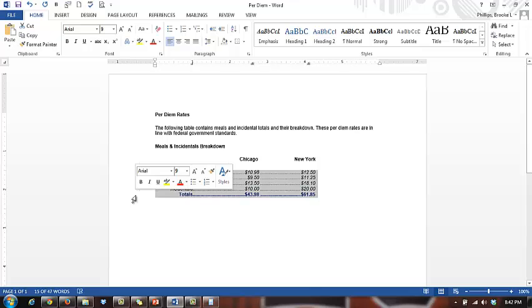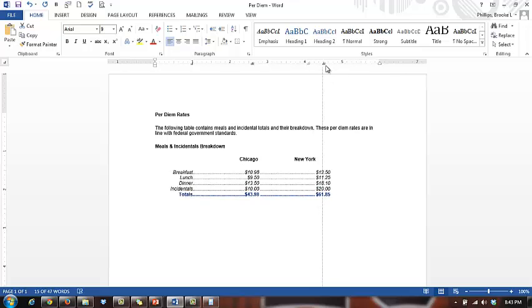Position the mouse pointer at 4.1. You will see the decimal tab screen tip. Press and hold the left mouse button and drag on the ruler to 5 inches. Release the left mouse button and notice the decimal tab setting for the 5 lines is positioned at 5 inches on the ruler. With the text still selected, position the mouse pointer at 2.6 on the ruler until you see the decimal tab screen tip. Press and hold the left mouse button and drag on the ruler to 3 inches. Release the left mouse button and notice that the decimal tab setting for the 5 lines is positioned at 3